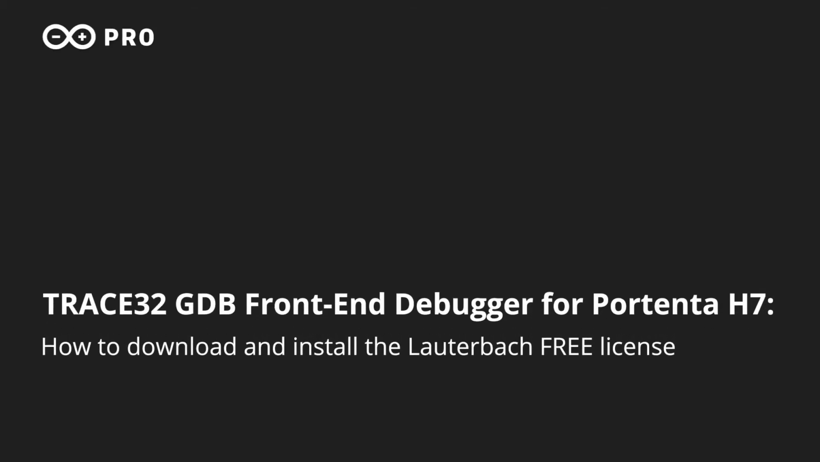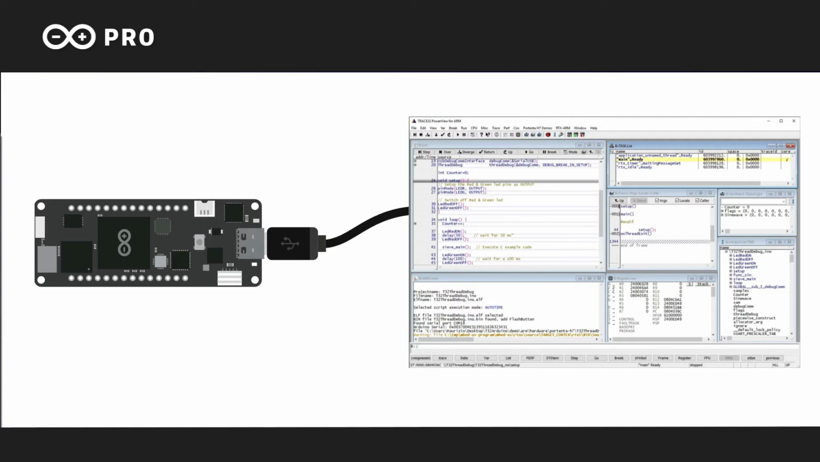This video explains how to download and set up the free TRACE32 GDB front-end debugger for the Arduino Portenta H7 board. The free version of the TRACE32 debugger for Arduino Portenta H7 is a software-only tool, which connects via the serial port to monitor for remote inspection, which is a GDB-compatible serial monitor included in the thread debug sketch and the